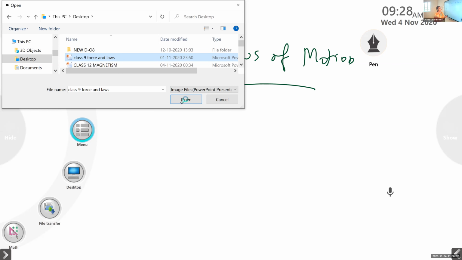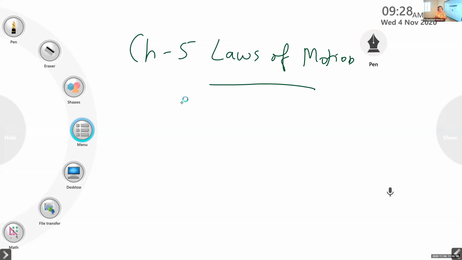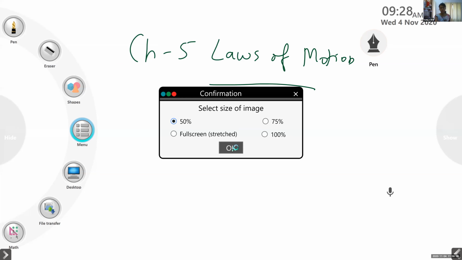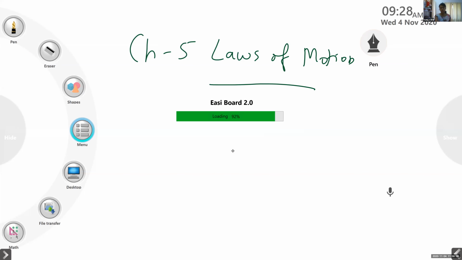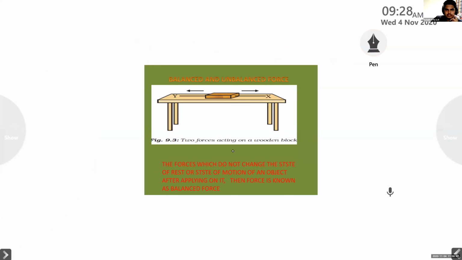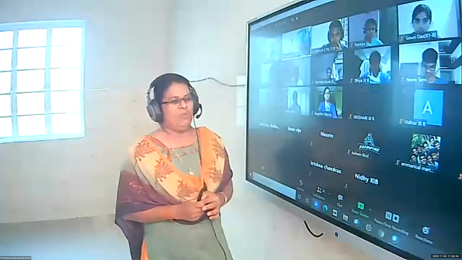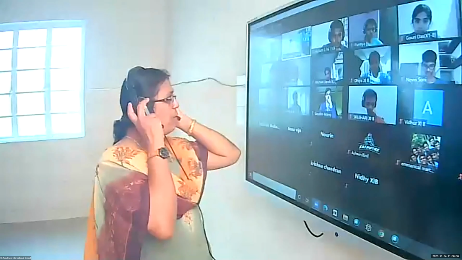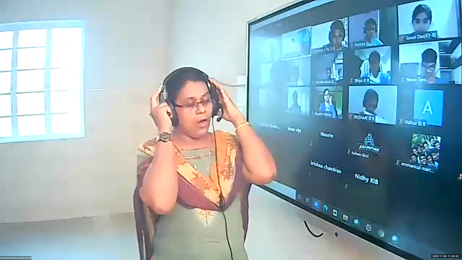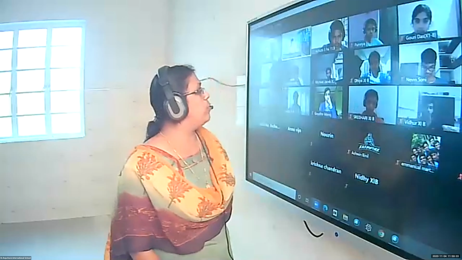While you are learning, anyone remember what is inertia? Anyone? When we are traveling in a bus, yes, when we are traveling in a bus, suddenly if the bus accelerates, what then happens? Our body will go backwards. Okay. When we apply the brake, suppose you are standing on a moving bus.